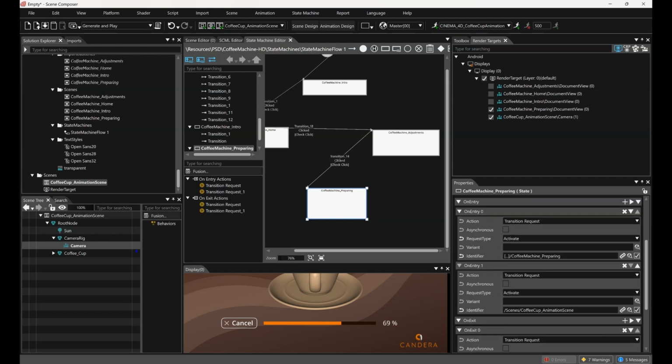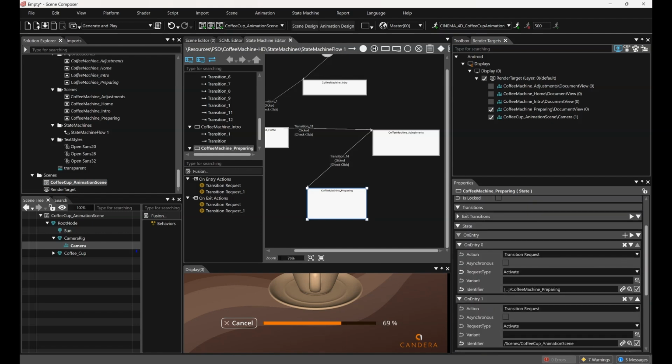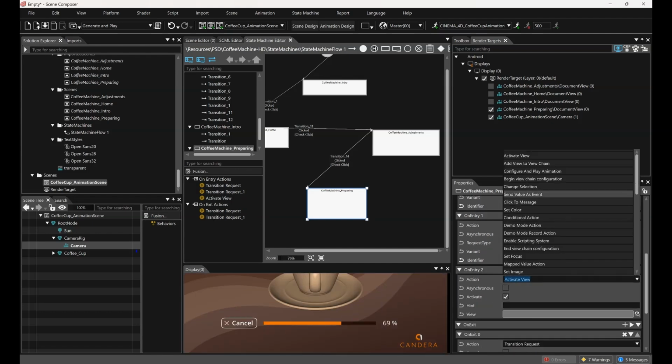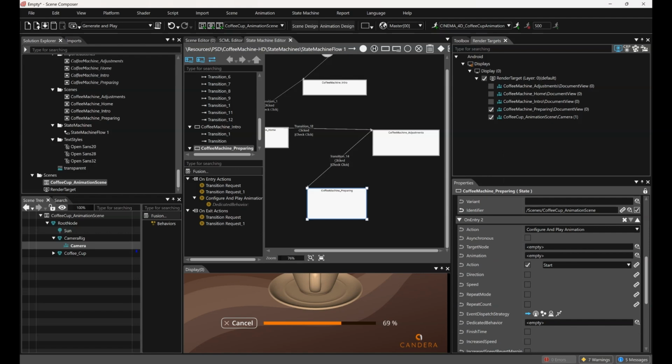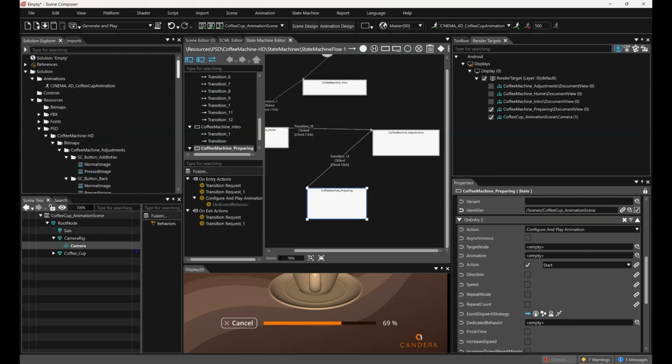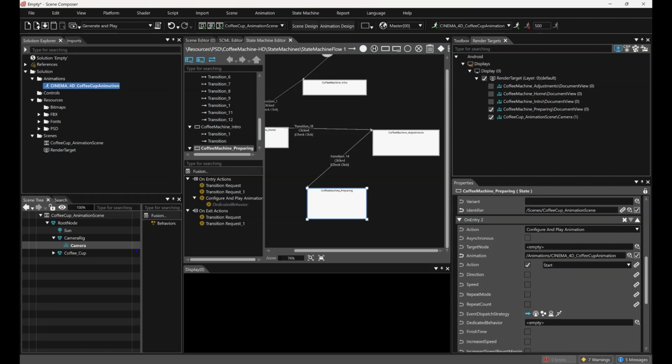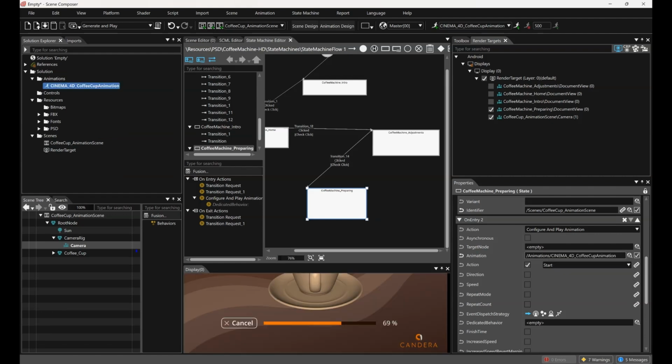The other action I want to do on entry is playing the animation. So I can go over here and set configure and play animation. And then this animation which we imported from Cinema 4D can be assigned here. And now if I jump to CGI Player,